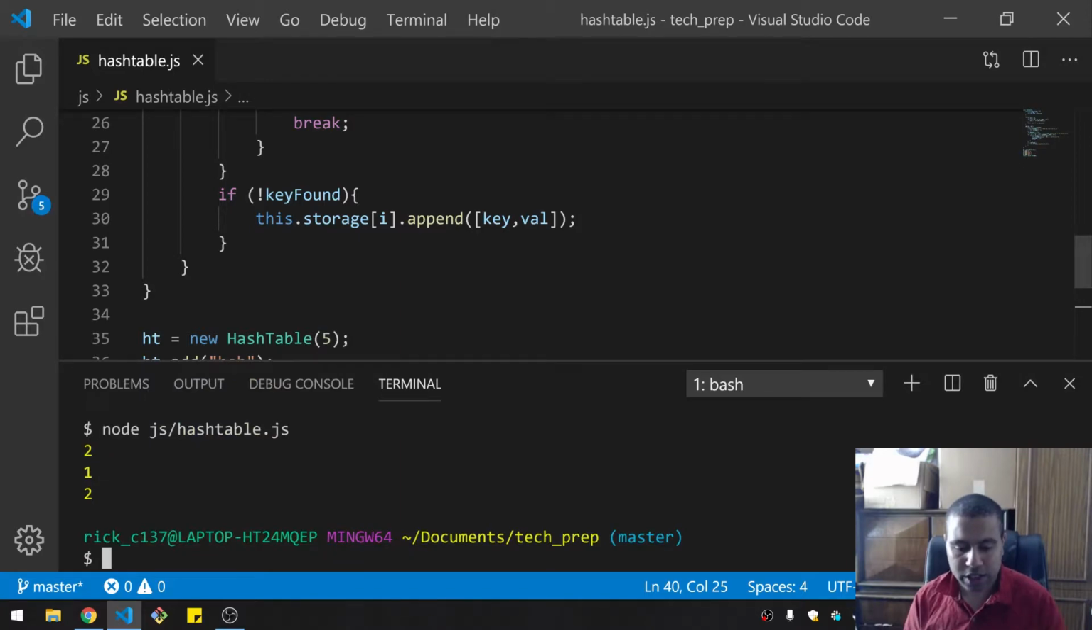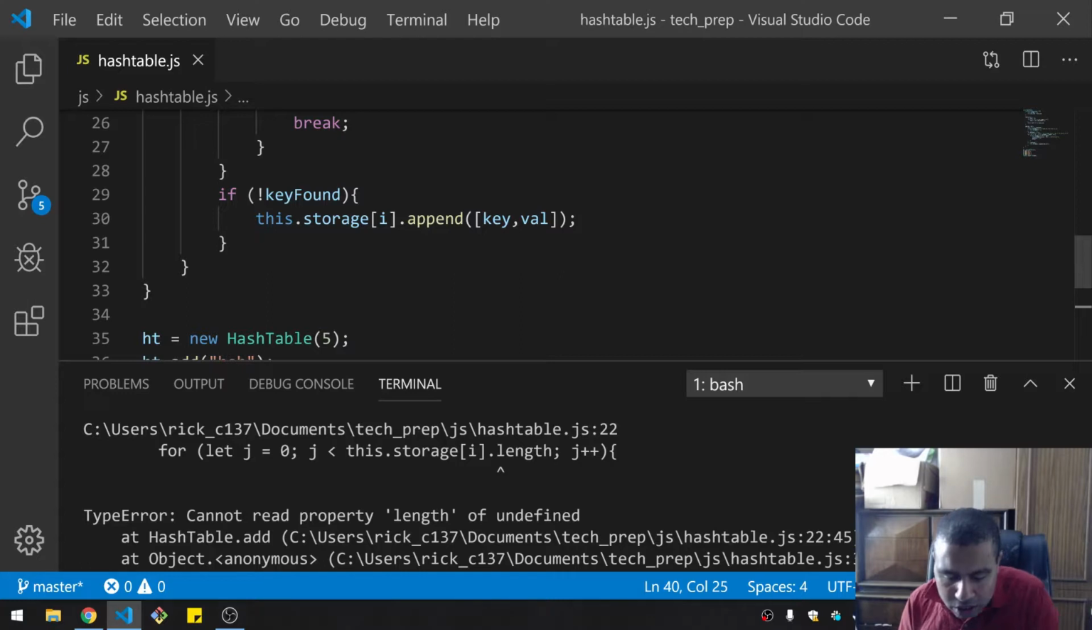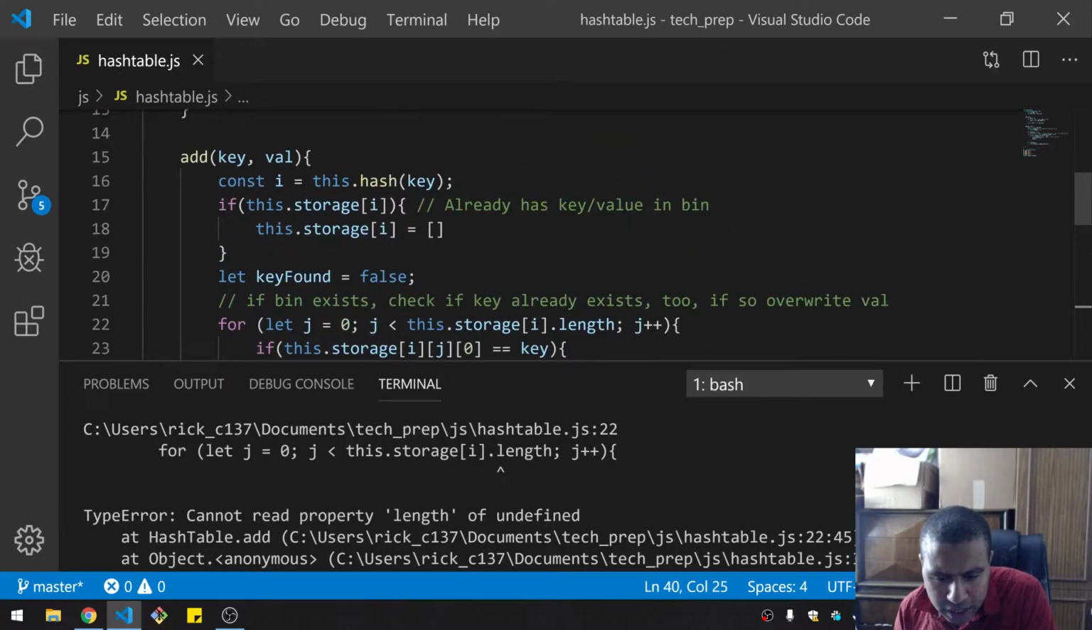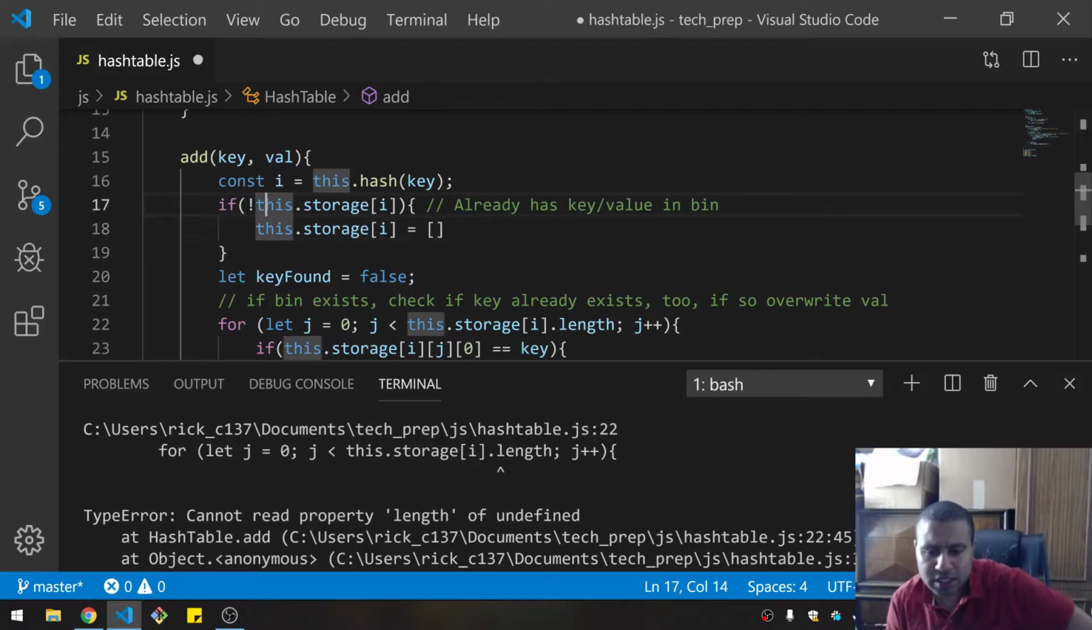Let's check this out. Okay, we cannot read length of that. You can't read length of this.storage, but you should have set it here. It should be 0 though, undefined. So it's saying this is undefined. So if this.storage, oh sorry, I meant if not this. Yes, this is where